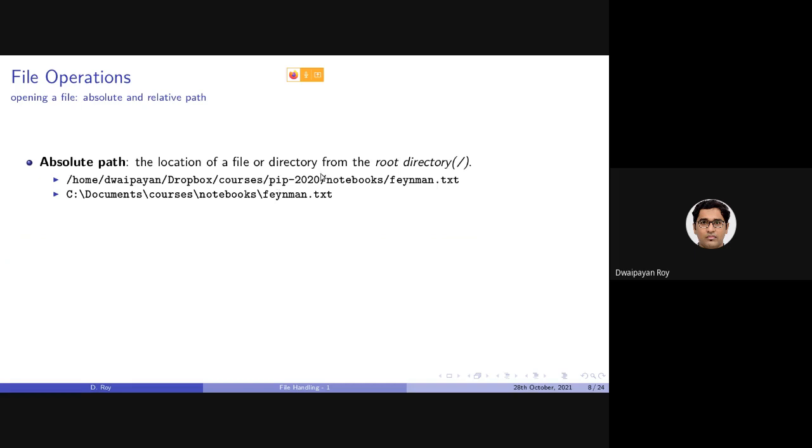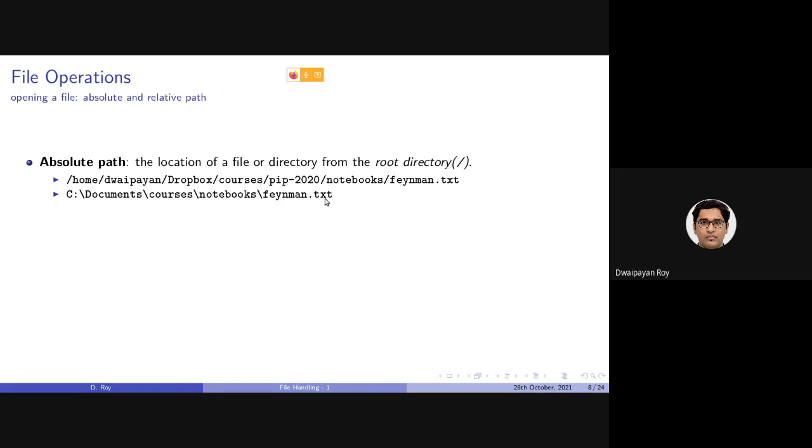Then another directory called pip2020, say. Then another directory called Notebooks, and then the actual file, which is feynman.txt. Similar to that, if you are using one Windows operating system, this can be your file path based on where you are storing the file.